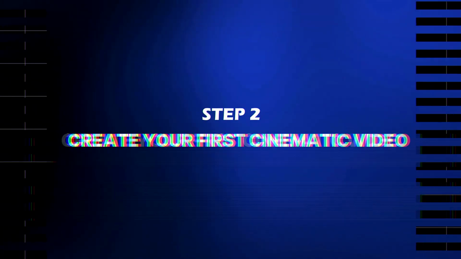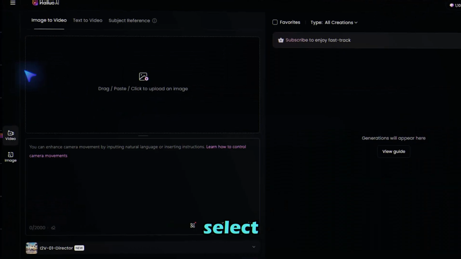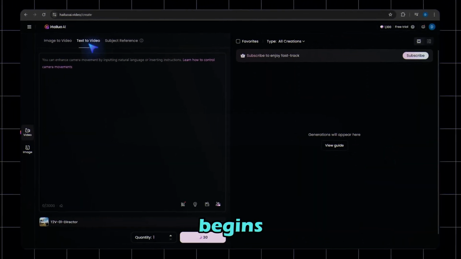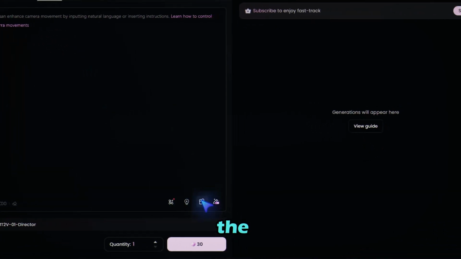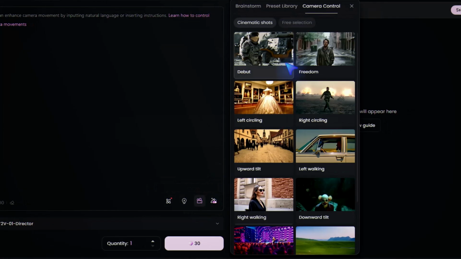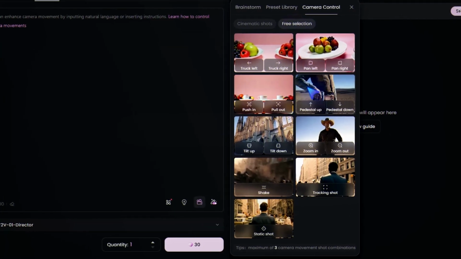Step 2. Create your first cinematic video. Once you're inside the dashboard, head over to the Create Video tab and select Text to Video. Now here's where the magic begins. Choose Director Mode if you want more cinematic control, and tap into the Camera Controls section. You'll find tons of stunning presets like Pan Left with Tilt, Tracking Shot, or even Zoom and Circle, perfect for